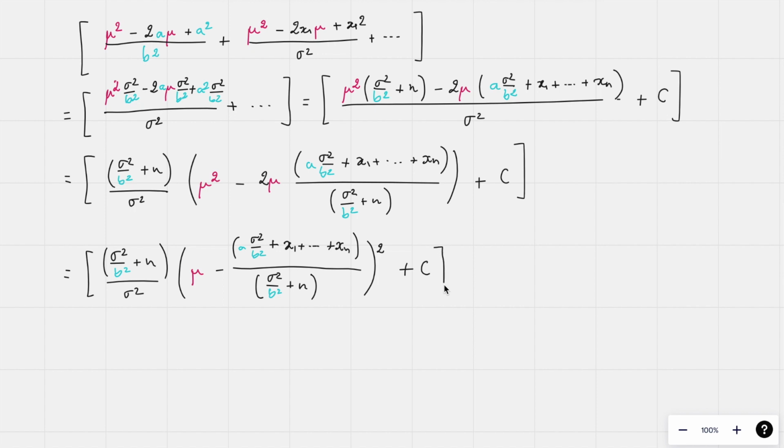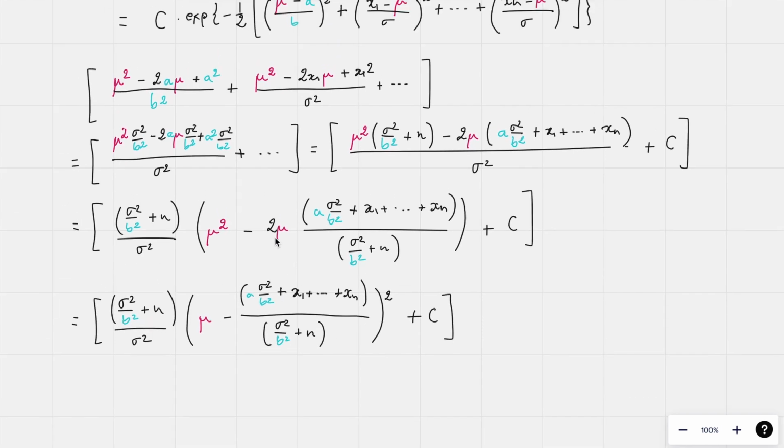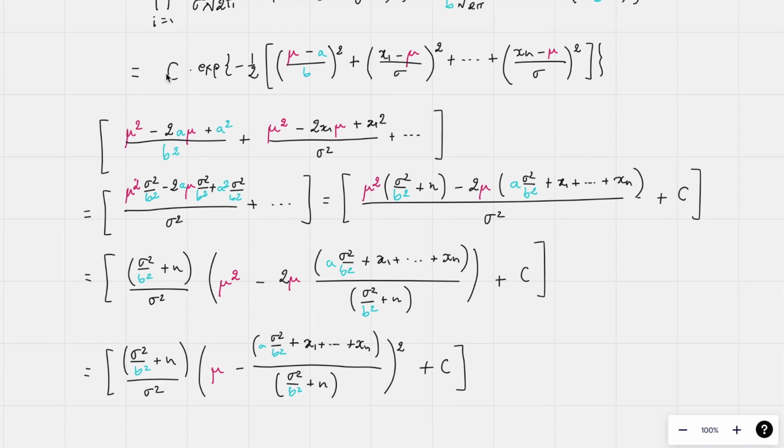So I now have a new expression, which is quite handy, and that says that I can re-express the numerator of Bayes formula as a function of this. So I am now ready to express again the numerator completely with this writing. So let's scroll back to what we had in the beginning. We had that this is a certain constant times the exponential of minus 1/2 of all this. This is the numerator, and now I'm going to re-express this